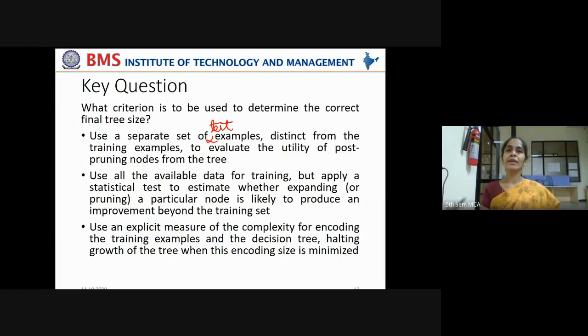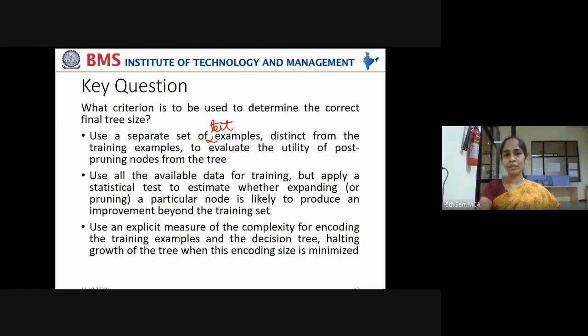Normally, as I said, 1/3 of the data set is taken for testing, and 2/3 of the data set is kept for training. But if you want more training to be made for the model, in that case, 80% also can be kept for training and only 20% retained for testing, right? It depends on the context. When you become expert in machine learning, you will understand what the training and test split should be, okay?